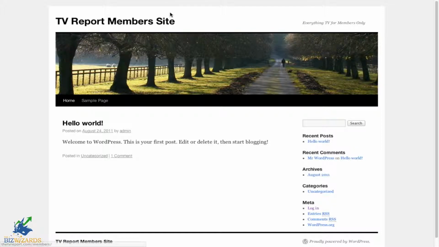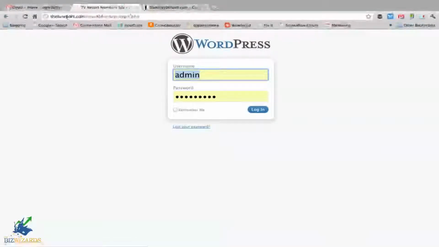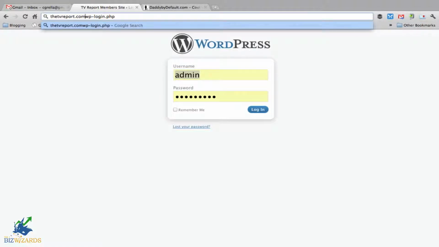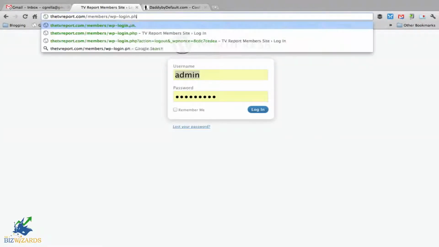Now, you can either log into that email that sent you to your login panel, or you could come down here and click on the login screen, or you could type in, up in the address, you'll see this is your domain name, and if you remember correctly from the last video, I installed this in a subdomain because obviously we already have something on one of my other domains, but yours will just be your domain, and then you'll see here, you'll put in the WP-login, and you don't need the PHP, just the login, and that takes you to